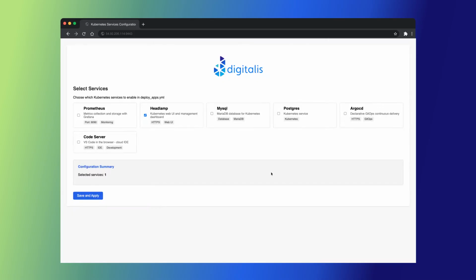Digitalis.io Kubernetes AMI offers a comprehensive platform to simplify and enhance your Kubernetes cluster management for development and testing. It integrates essential tools like Grafana for metrics, MariaDB and Postgres for databases, ArgoCD for continuous delivery, and Code Server for cloud-based development. This solution addresses the complexity of deploying a Kubernetes cluster for development and testing, saving you time